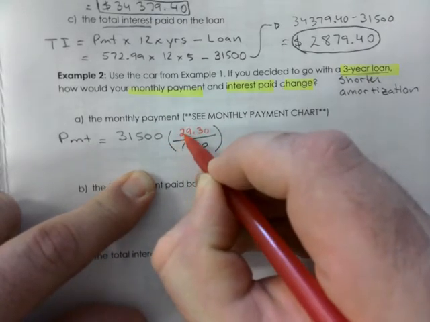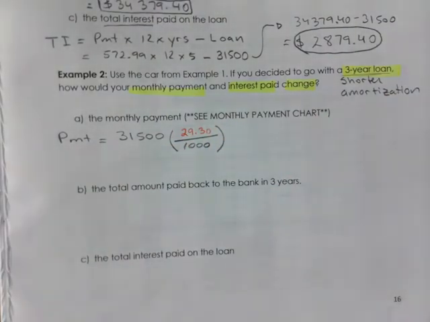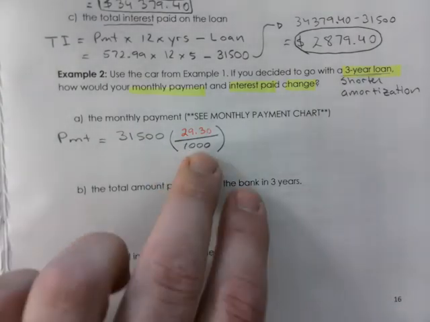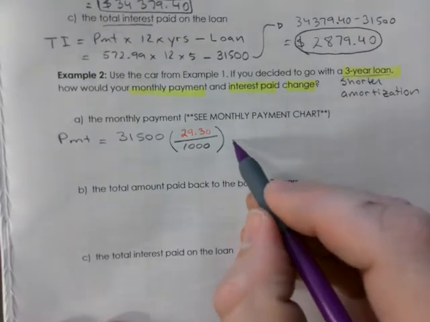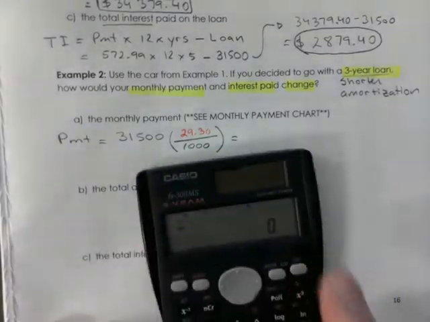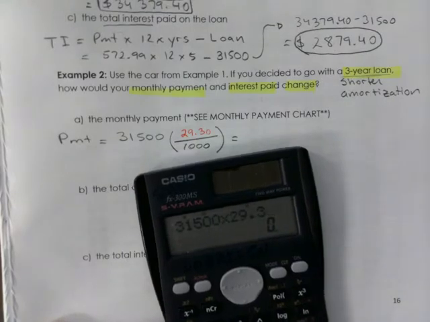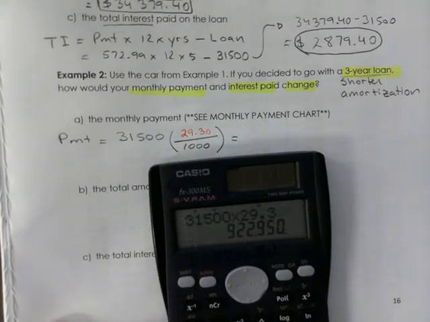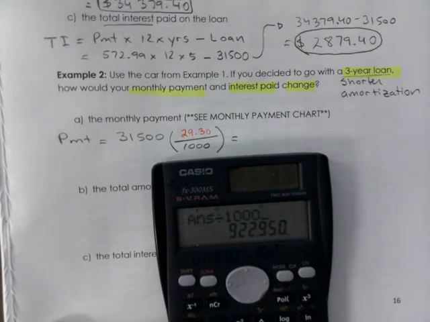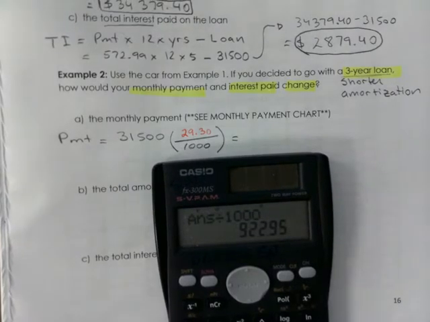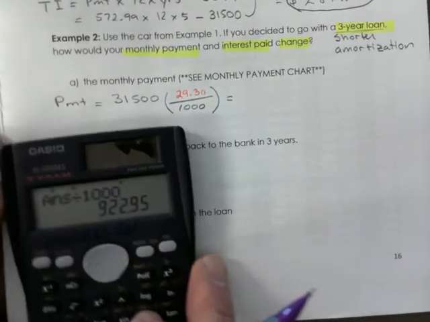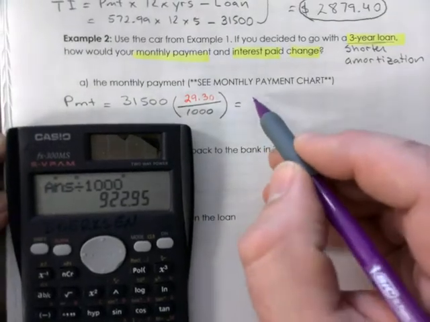Okay, that is a whole mark, just getting that number right. You can do everything else wrong, but if you get that right, you get a full mark. And so let's figure this out. So 31,500 times 29.3. I hit equals at that point. Then I divide by 1,000. That's just a habit I have, because that works with every calculator. No matter what you have, if you multiply, hit equal, then divide, you're going to get the right answer. So that is